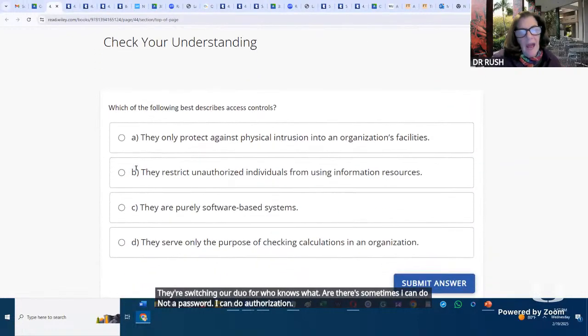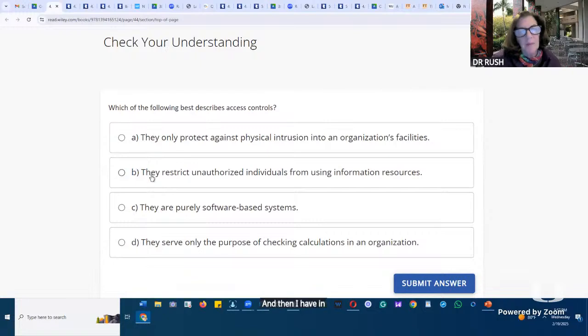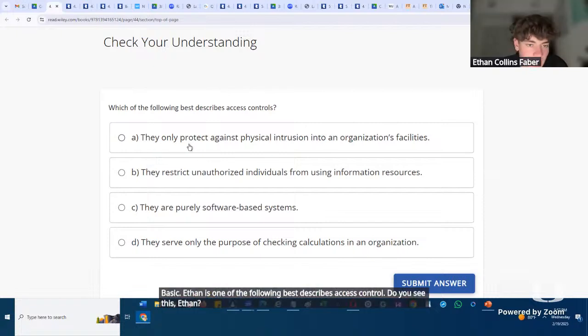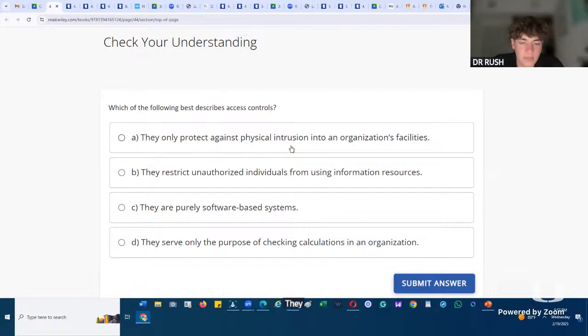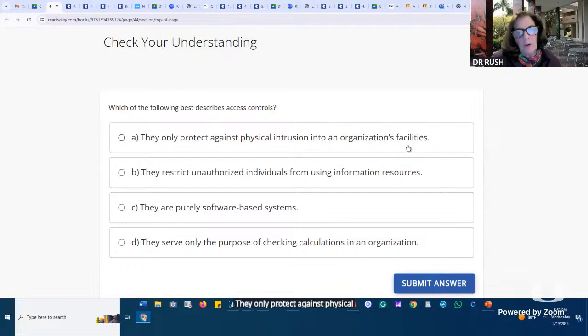And then I have: which of the following best describes access controls? So if I look at those access controls, Ethan, do you see this? One option says they only protect against physical intrusion into an organization's facilities. We're talking about access controls.